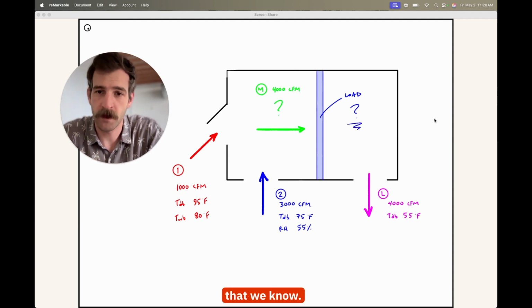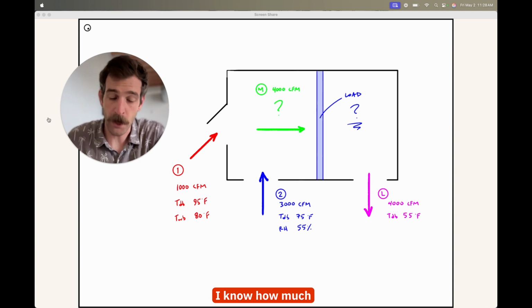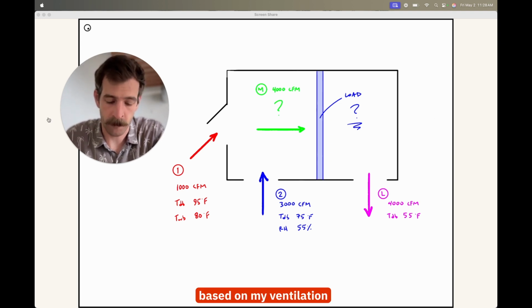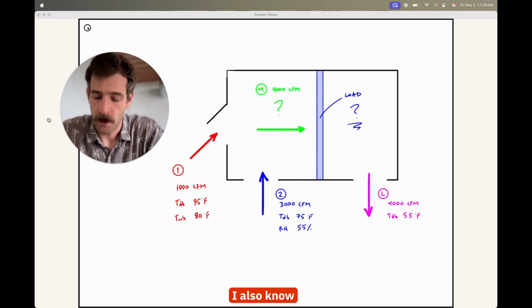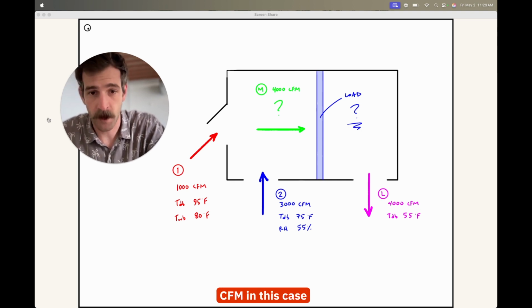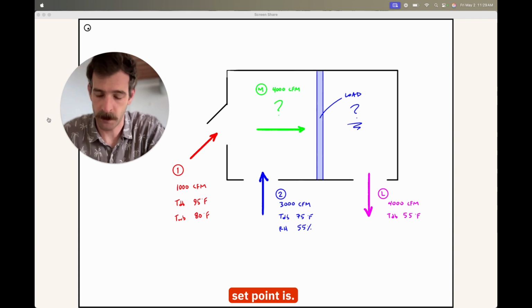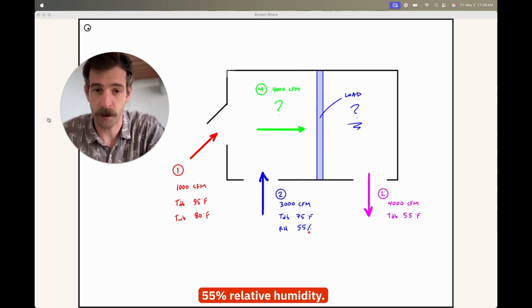So let's go over the things that we know. First, outdoor air. I know how much outdoor air I need to bring in based on my ventilation calculations. So let's say that's 1,000 CFM. I also know the outdoor air conditions based on my design day, 95 dry bulb, 80 wet bulb. I also know the return air coming back to the system is 3,000 CFM in this case, and the return air conditions are approximately what my indoor set point is. So 75 degrees, 55% relative humidity,